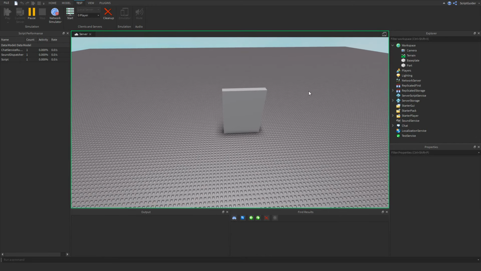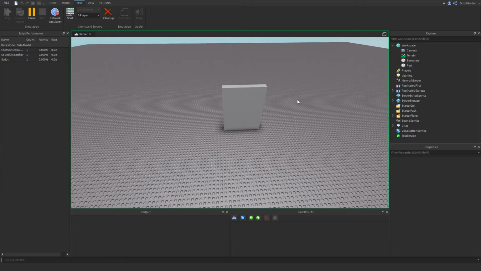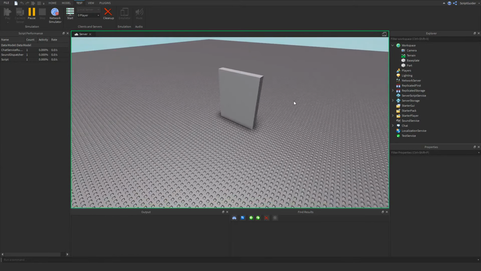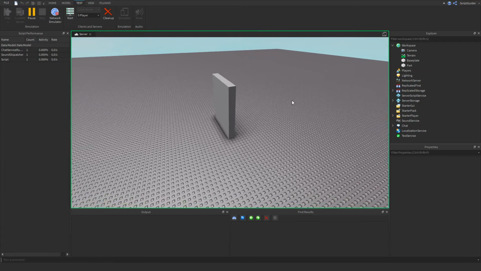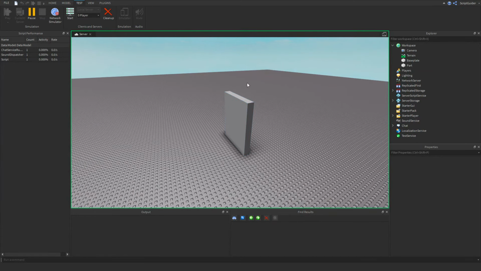don't know it exists, or they just want to do it themselves just for the sake of knowing how it works. Because what I'm about to show you is basically how TweenService works under the hood, or at least it should be pretty close. At the very least, it's the same kind of concept. So, yeah, what I'm going to do here first is I'm going to